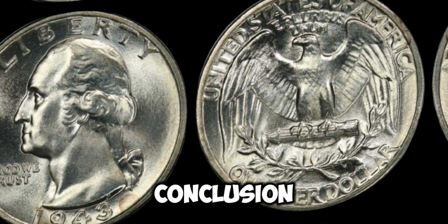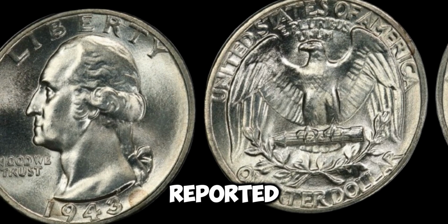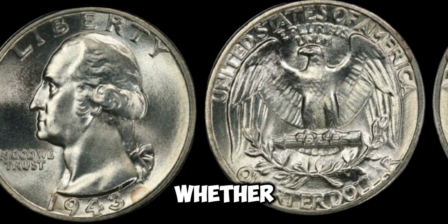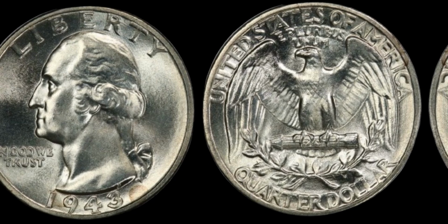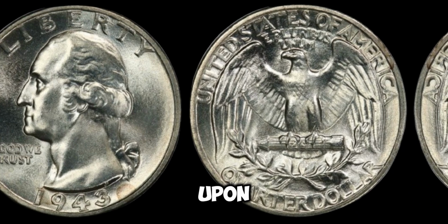come. In conclusion, the 1943 Washington quarter is a true rarity in the world of coin collecting. With a reported value of $1.4 million, this coin is a prized treasure for collectors around the world. Whether you're a seasoned numismatist or just starting out, the allure of this valuable piece of history is undeniable. So keep on hunting for those hidden gems, and who knows, you may just stumble upon a rare treasure like